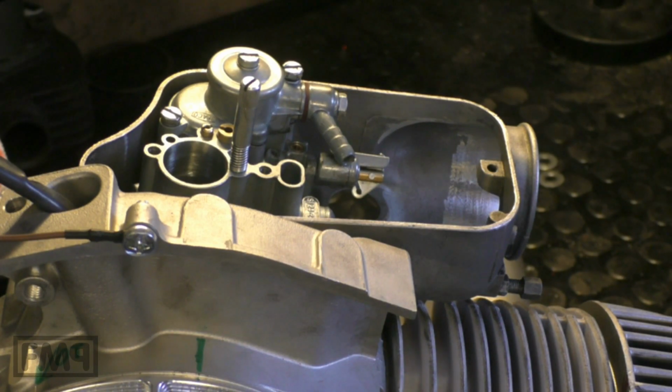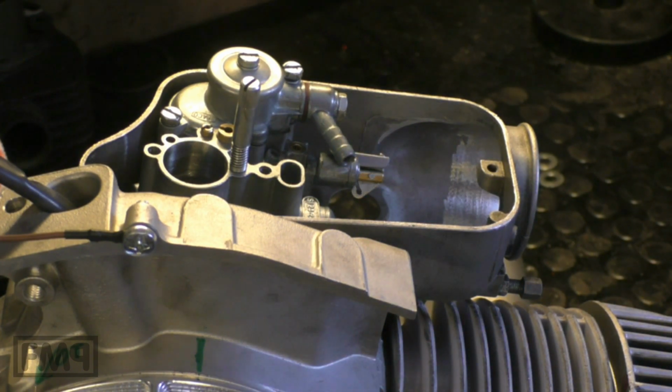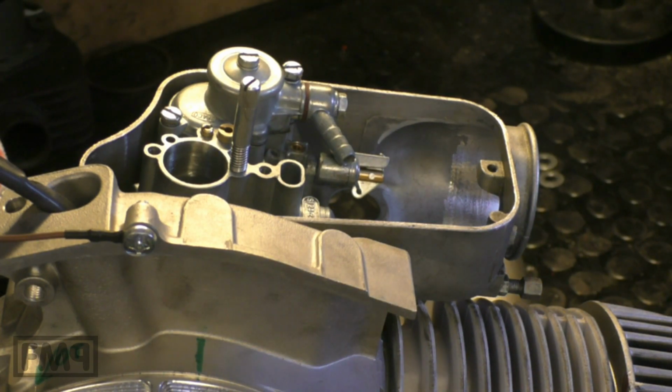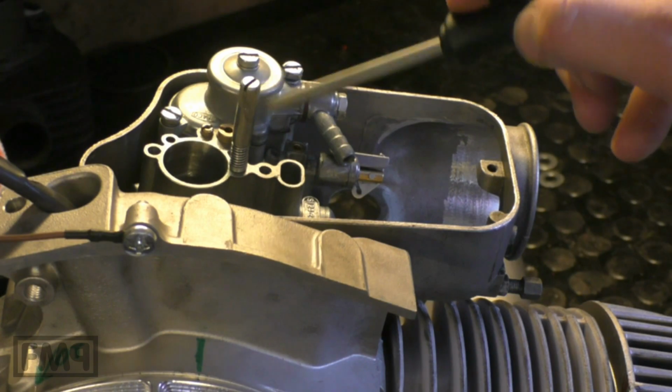There are many things you have to check first, and that's what I want to show you here, because there is no need to open the engine. You can actually check 7 things first. So the first thing that might be is wrong carburettor setting. Check that the setting is